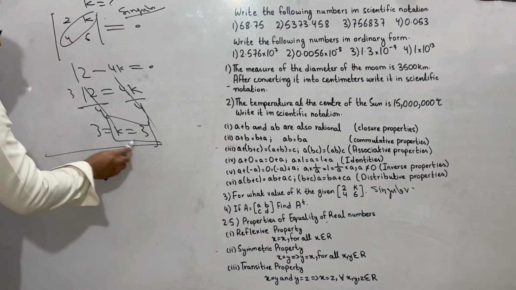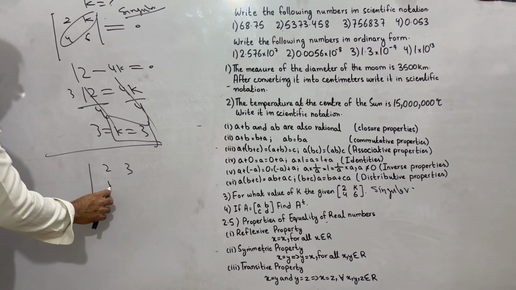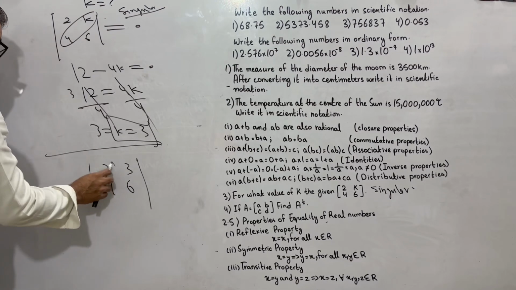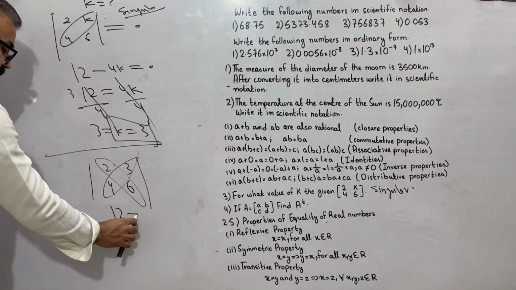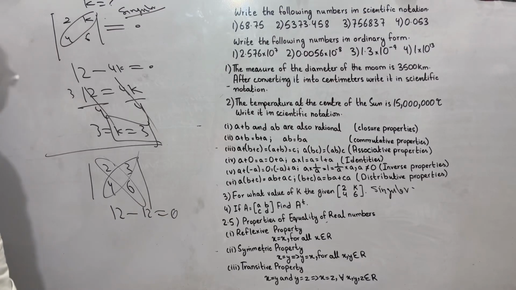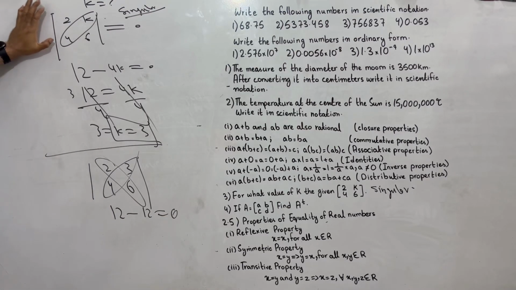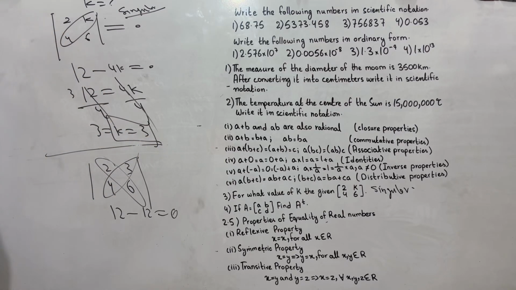Let's verify. Plug in 3 instead of K: 2, 3, 4, 6. Multiply in that fashion, then in that fashion. 2 times 6 is 12, minus 4 times 3, 12. It is equal to 0, singular. For what value of K is the given matrix singular? The value of K is 3. Singular matrix means having no inverse. Inverse is not possible in case of singular. Next question is,